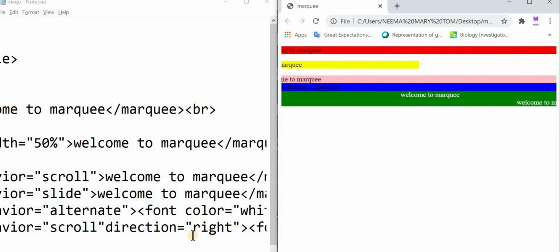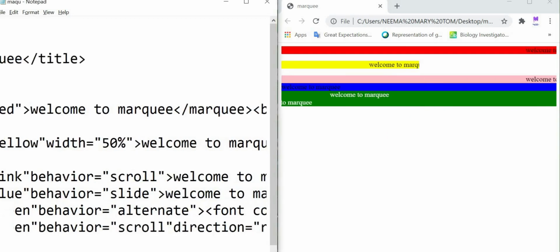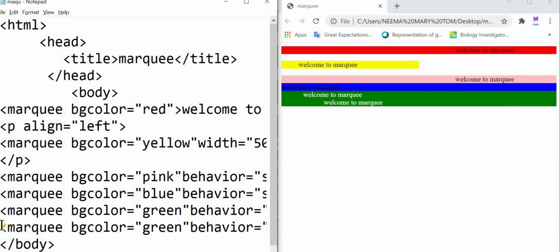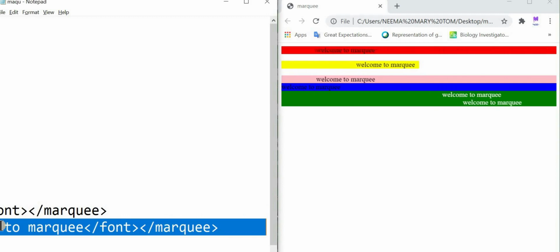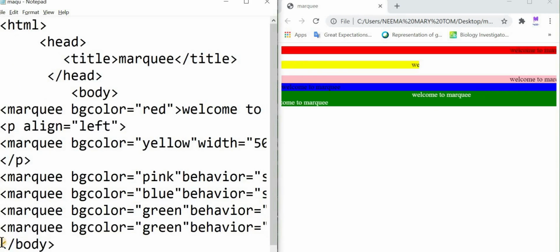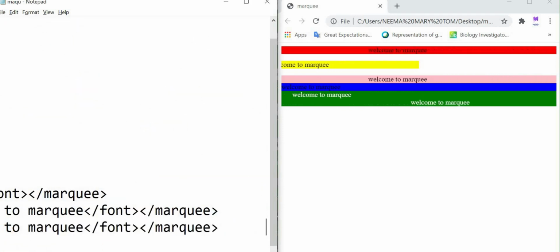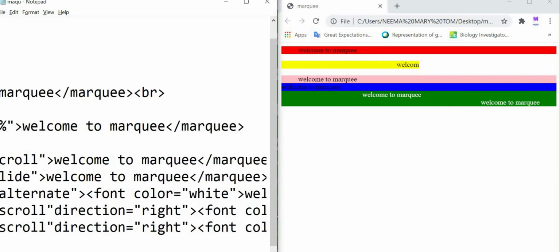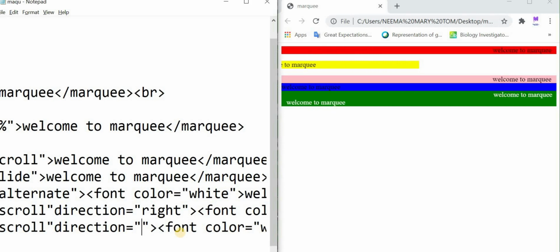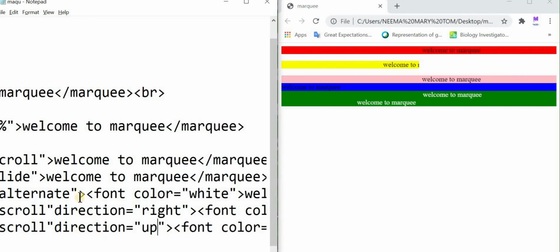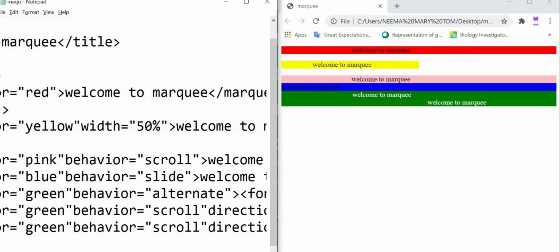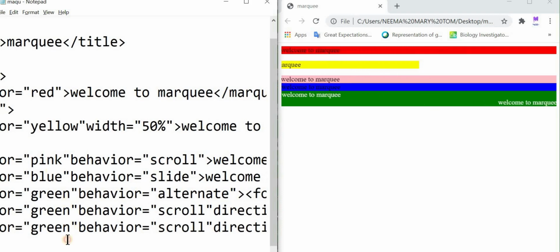We can also give the another direction to up and down. So first I am giving up. So for that I am again copying that and pasting that here. Here I am pasting and changing the value of direction to up, UP, and changing the BG color to tan.